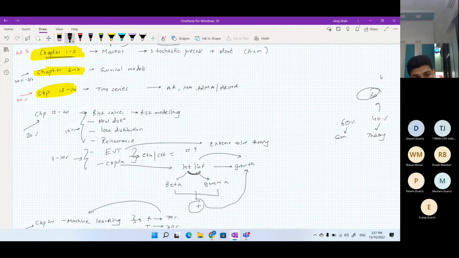CS2 requires consistency. If that is missed, if you go back, if you get a delay, then everything will be delayed and you won't be able to pass CS2. I'm literally telling you to your face: if you don't follow deadlines, you won't pass CS2, because this is very vast, very vast.